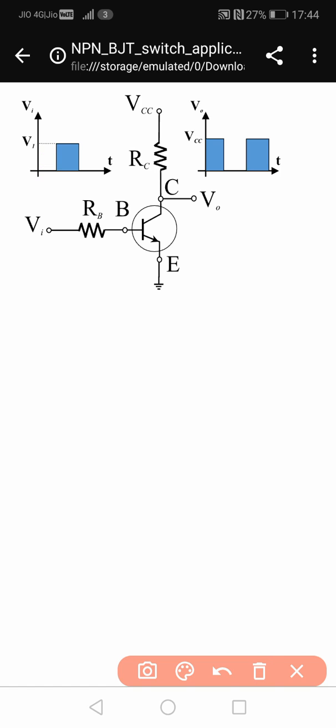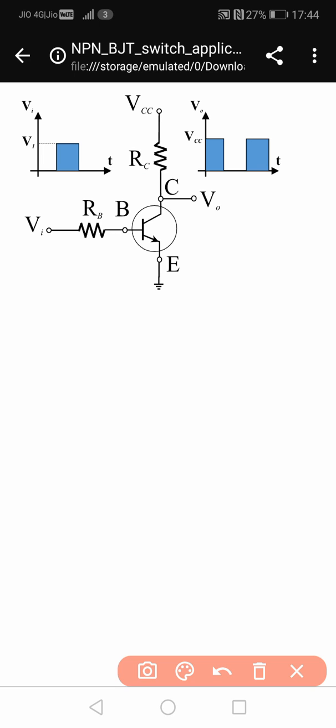Therefore, when you have 0 volts at the input, you don't have any base current or base emitter voltage drop VBE across the base emitter junction of the transistor. That means the transistor is switched off, and since there is no base current, there is no collector current flowing through the RC,